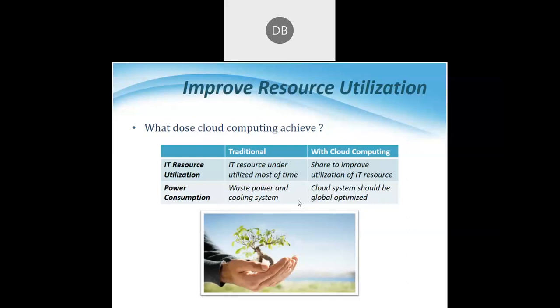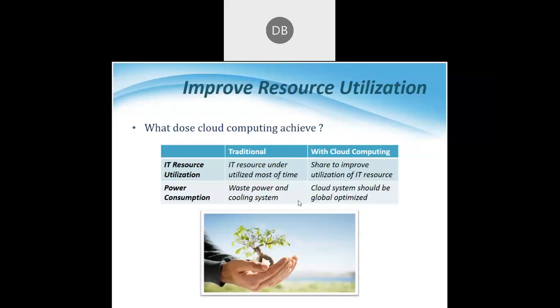Now, because of this, what happened? It is a poor resource utilization. Instead of that, suppose a college wants to go with the cloud, then the college will only pay for a 6 month, and so utilization of IT resources improved. Power consumption. Now, in traditional resources, for example, if you go to a particular local organization, in that case,